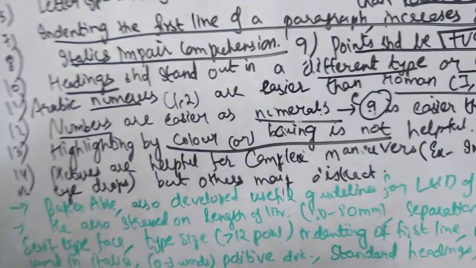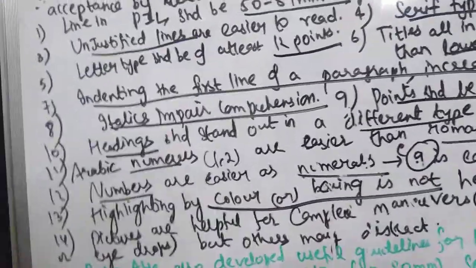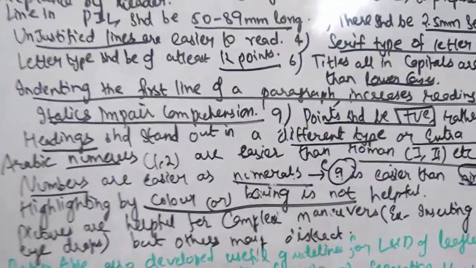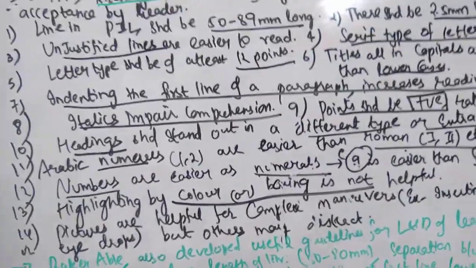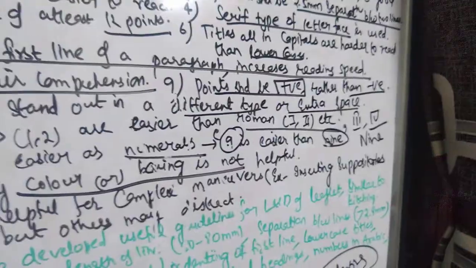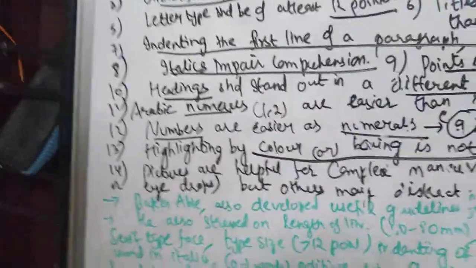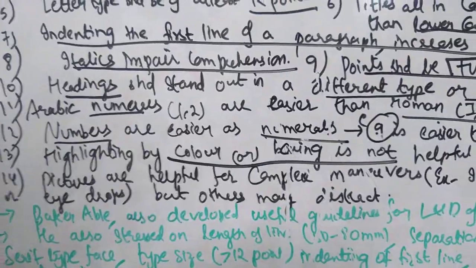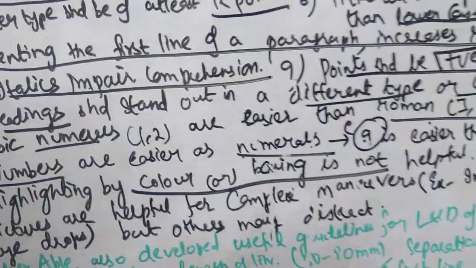If you want to highlight a sentence by coloring or boxing, it is not going to be helpful, because the size of a leaflet is already very small, and if you do coloring and boxing in that, it is not going to help. So in leaflet design, highlighting by color or boxing is not a good idea. It is otherwise a good idea when you are writing an exam or in a textbook, or preparing for an event, or preparing a poster. For everything else, highlighting by color is easy and helpful, but not in the leaflet.